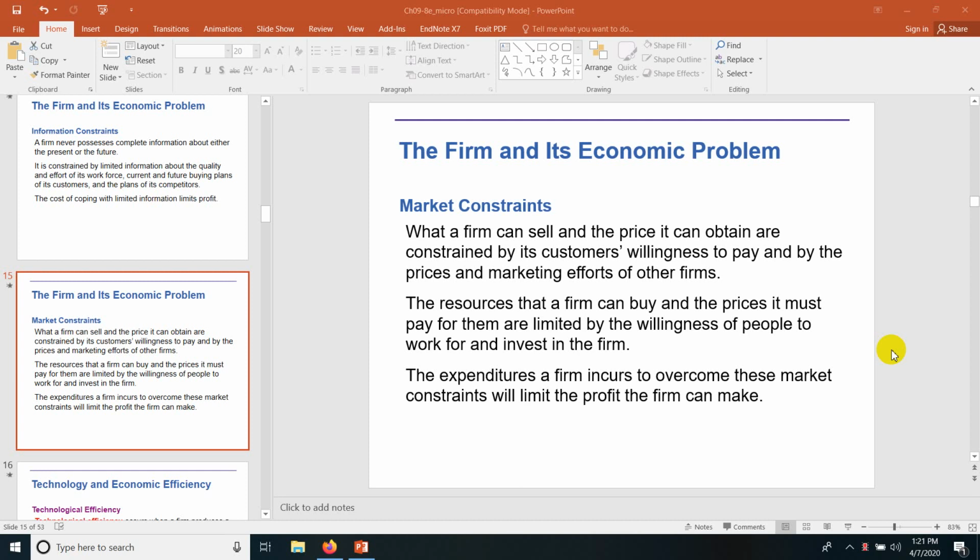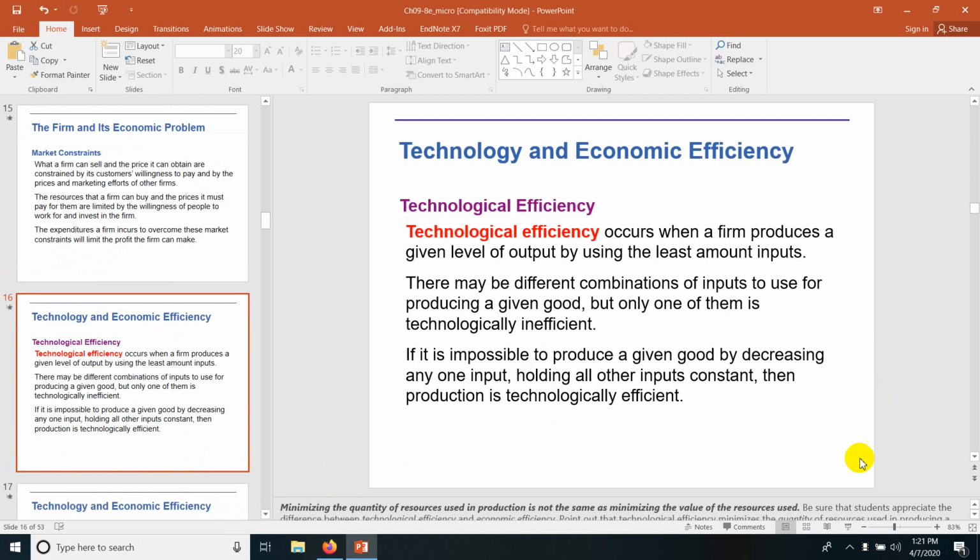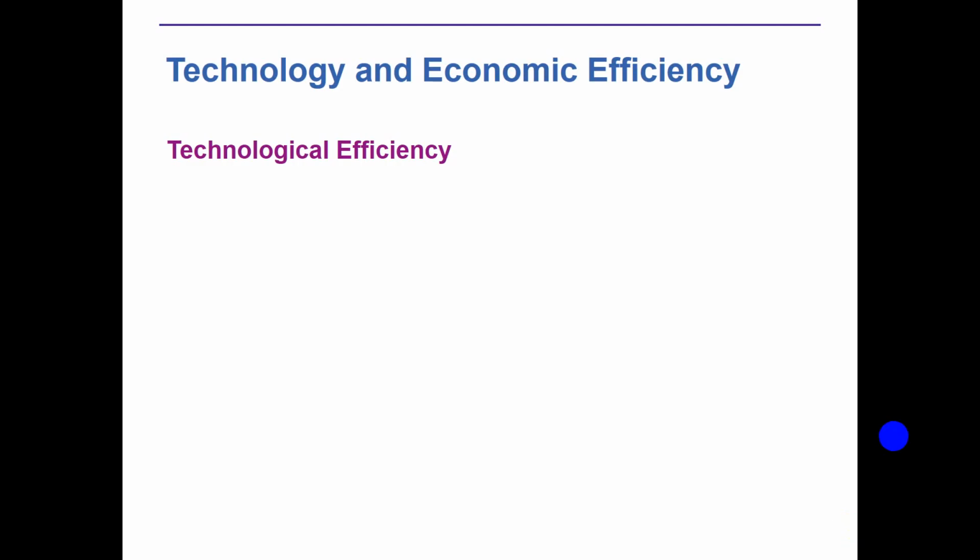So we were discussing the market constraints from different phases in their production decision making or the production process. Next is our efficiency. So what kind of efficiencies do we have? We have technological efficiency and economic efficiency. So the technological efficiency